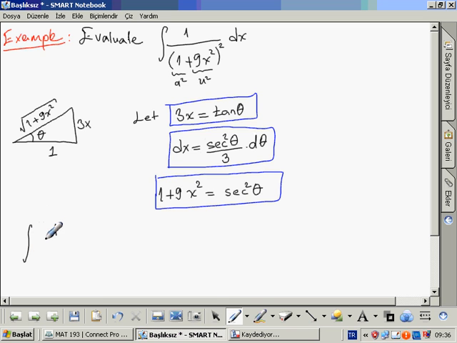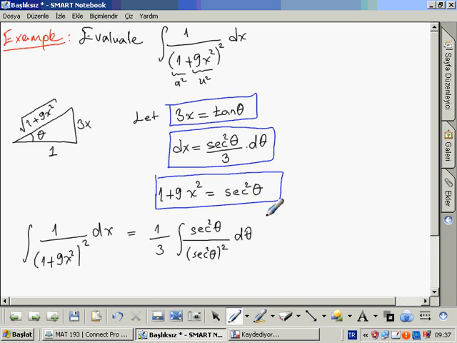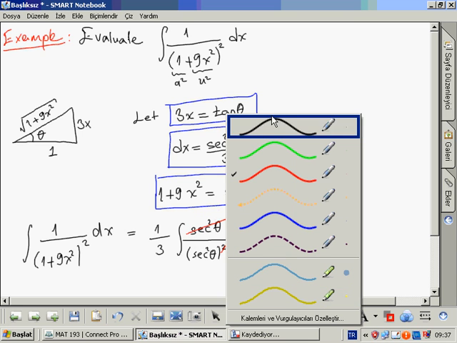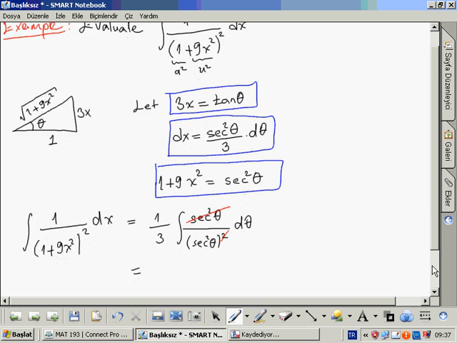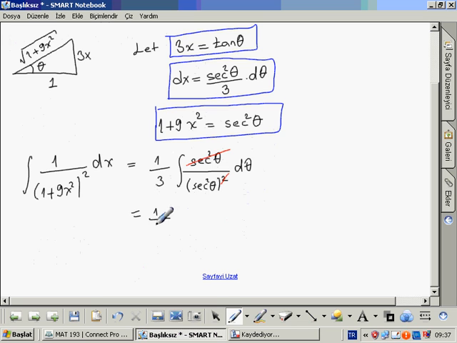And they continue: the integral 1 over (1 plus 9x square) to the power of 2 dx equals 1 over 3 integral secant square theta over (secant square theta) to the power of 2 d theta, and with some simplification this part will be clear, equal to 1 over 3 integral cosine square theta d theta equals 1 over 6 times